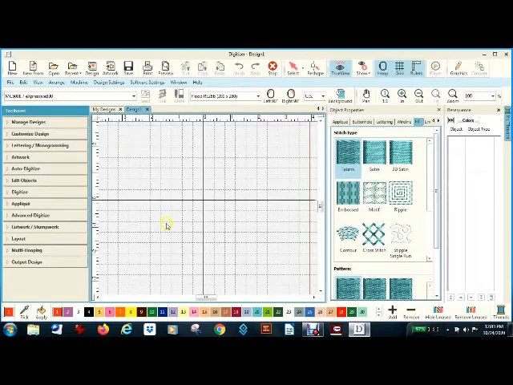Now I'm bringing it into Digitizer, and it's going to bring it in sideways because Brother Program, which is what PE Design is, their hoops are different than mine. Their hoops run the other direction. So PE Design is made for the Brother machine, like Digitizer is made for Janome machines. Bernina has theirs, Pfaff has theirs, Husqvarna has theirs. Everybody has their own version. So it'll bring it in sideways, but it's very easy to turn it around. So right now I'm getting my file,